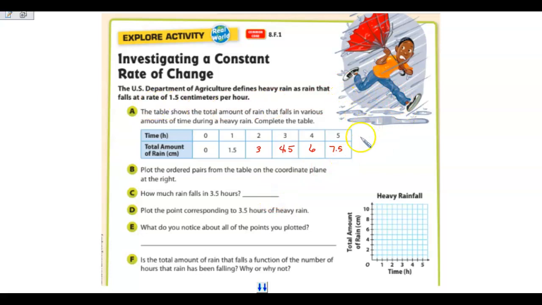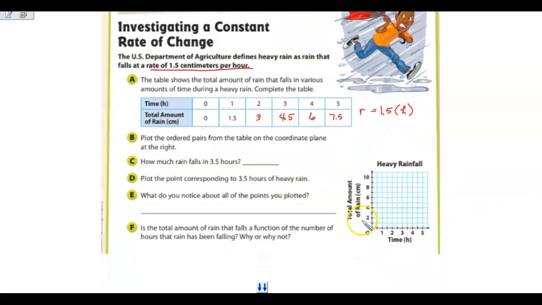What I was doing is I was taking this information that the rate was 1.5 centimeters per hour, so 1.5 times the number of hours, and that's going to give me the amount of rain to expect. So now I'm going to take these ordered pairs and plot them in this graph. So my first one is 0, 0,